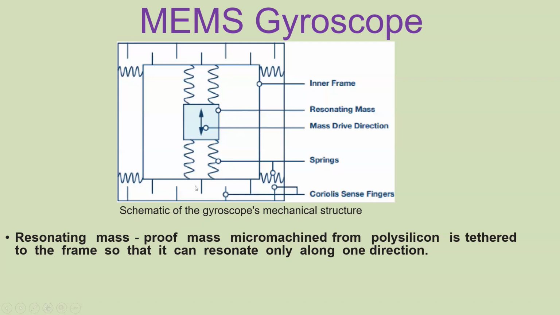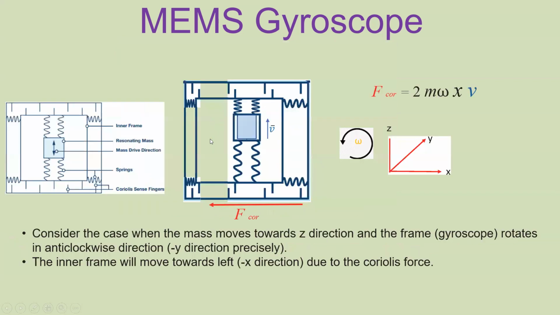So here it is said that the proof mass is machined from polysilicon materials. That is the material which this is made of. And it is connected to this frame using springs. And it is resonating, right? So it will be resonating in this direction, and it will go in this direction and come in this direction. So it will be oscillating, and you can calculate an average velocity. I mean, the manufacturer will tell you the average velocity of this one. Right. So this is the working principle of this one.